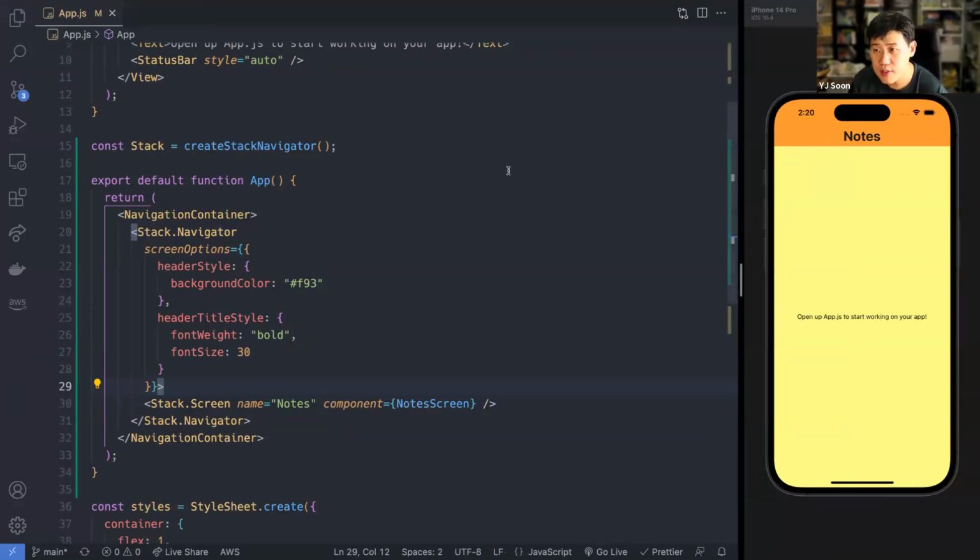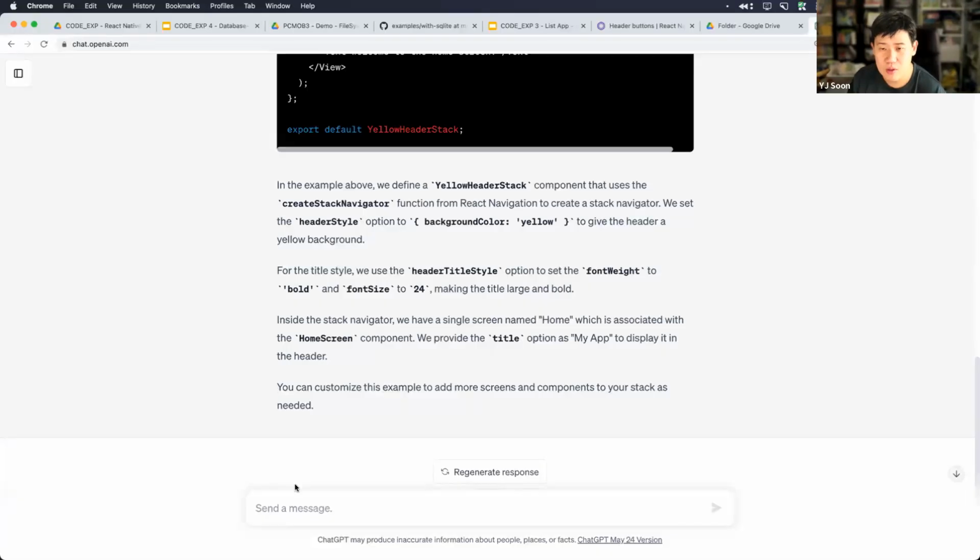Okay, a border underneath it. Okay, so let's try that. Right, so I also want to make the header a bit taller and add a shadow and a border under it.